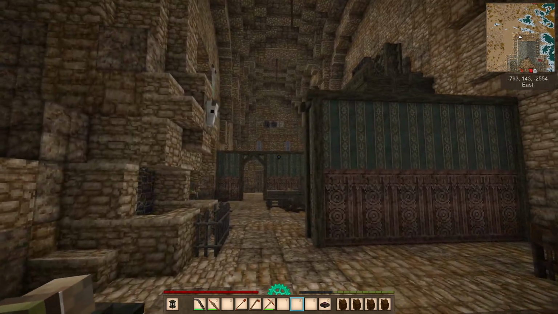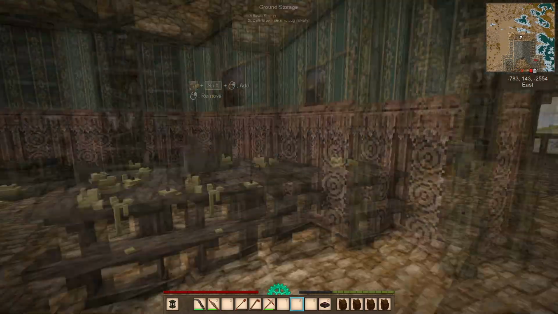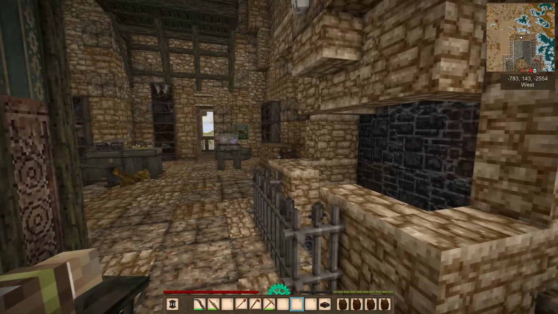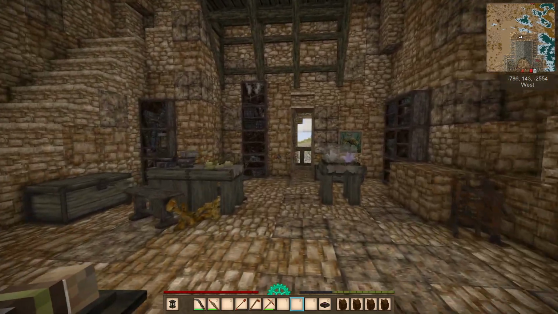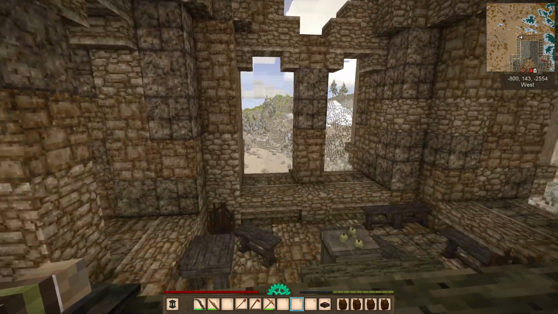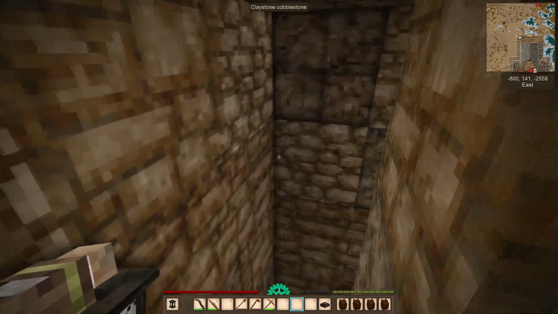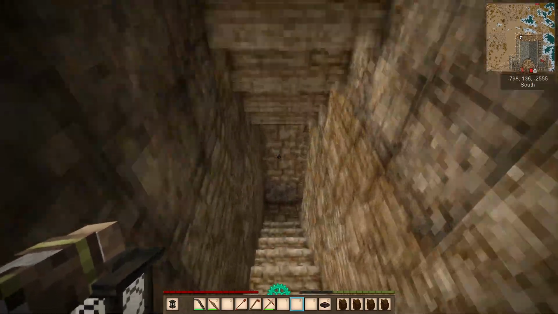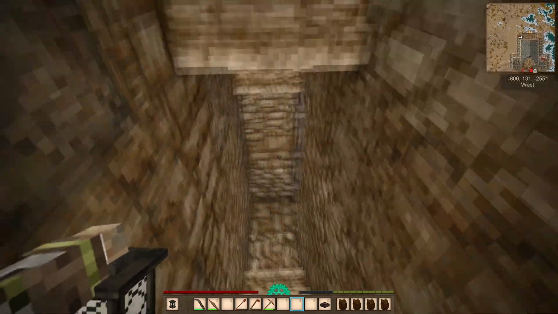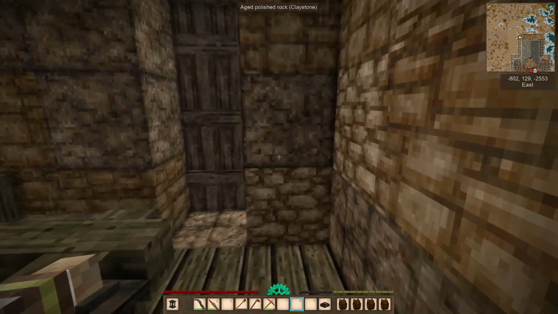It looks similar. It's probably the same. Yes, it is the same. We've just come up the other end. Right, let's go out and down. So there's two ways of getting up. They are both heavily guarded. They are both highly dangerous. And out here,